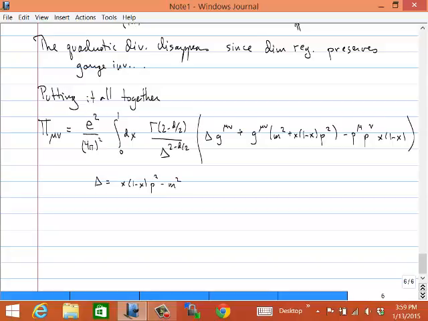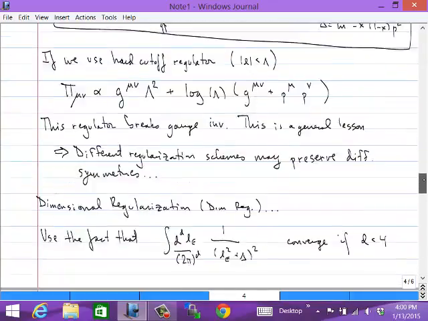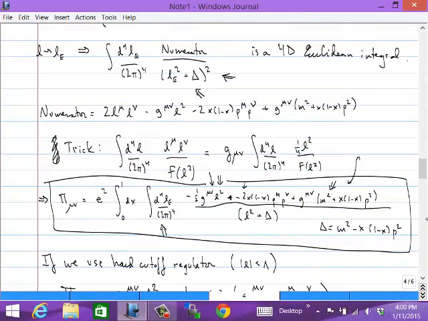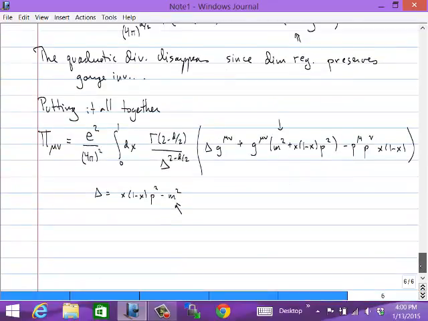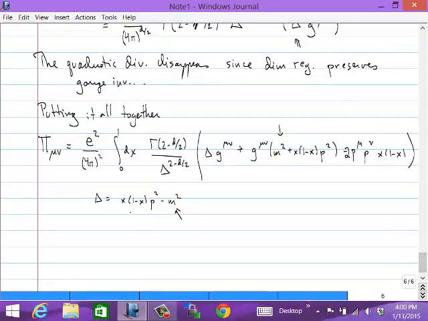Good. Now, if I've done everything correctly, this is where the magic happens. This is supposed to be proportional to g mu nu minus p mu p nu. And in particular, that requires that this m squared term cancels. And you can see that it precisely cancels in front of this term, from this term. And you can also see that I dropped a factor of 2 when I copied this down. There's a factor of 2 right here. And that factor of 2 is crucial, because there's this term which combines with this term